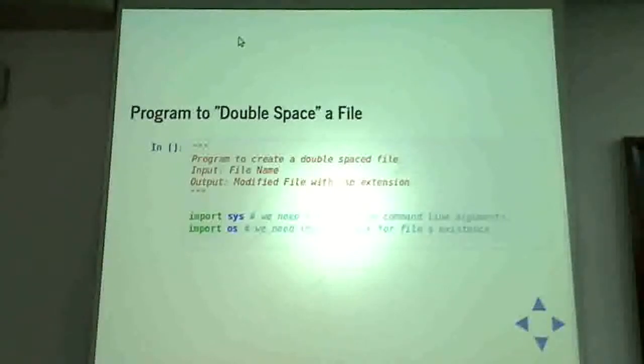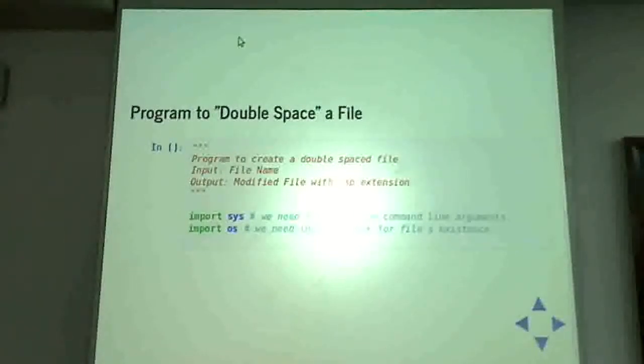Now in order to parse command line arguments that are given to your program, you need a module called sys. That's not the only utility of the sys module. It can do far more things, but we are going to utilize the aspect which deals with command line arguments.